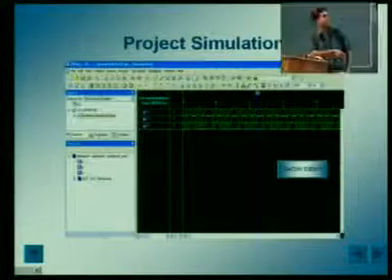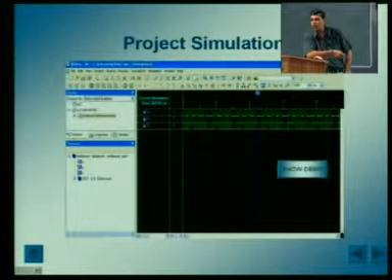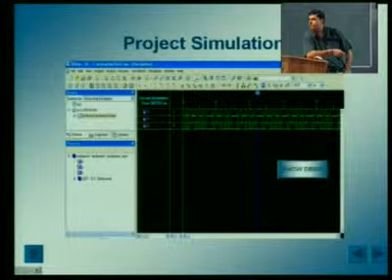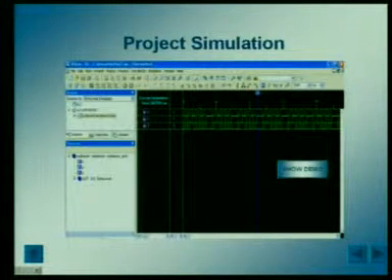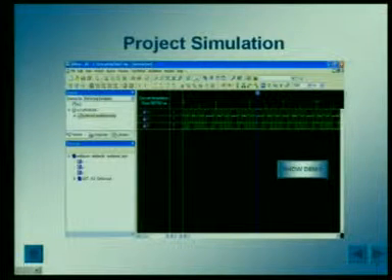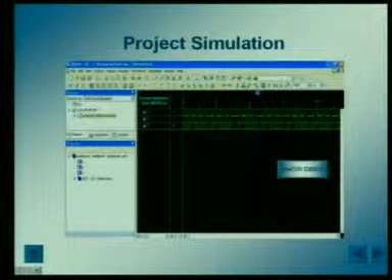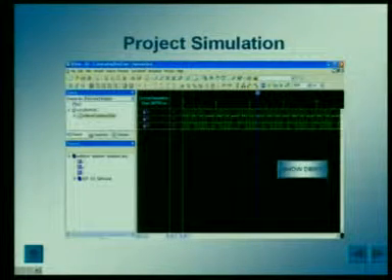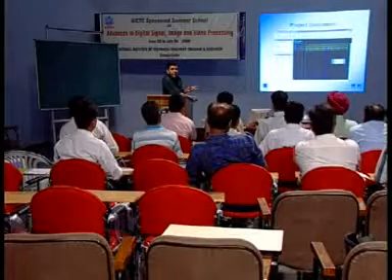These two waveforms are generated by us, and this is the result output of these two waveforms. Now, here you can see this blue marker means these two values are for this blue marker. At the blue marker, the inputs are 1 1 and the output is 0. So, it is verifying our XOR gate.